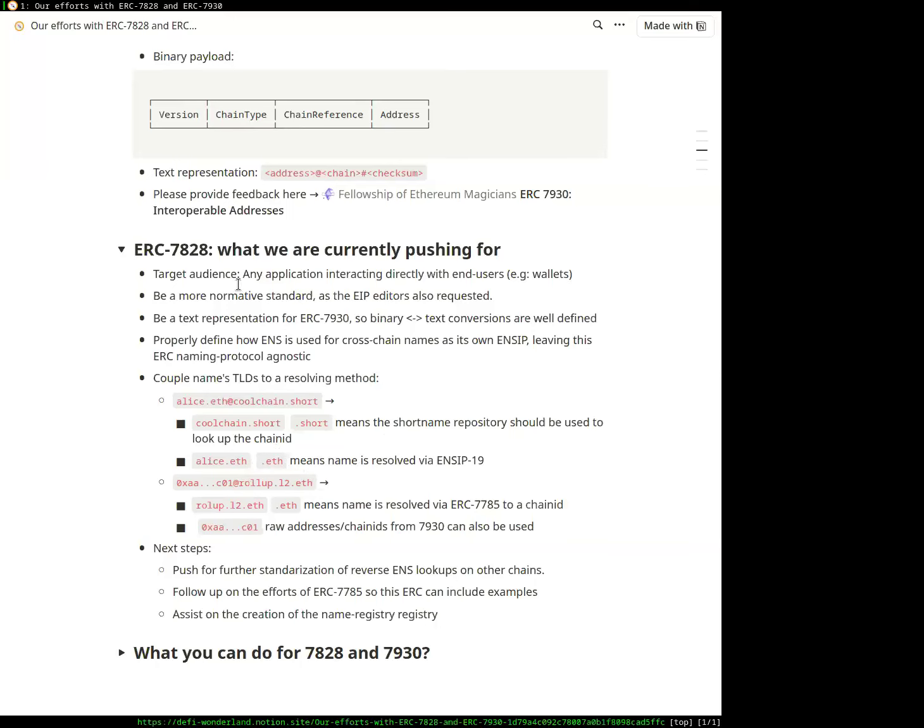It's worth noting that while this standard allows for the use of ENS, it's not entirely coupled to it. The idea is that you could have some other TLD which maps to using some other naming registry, if in the future somebody wants to use something other than DNS.